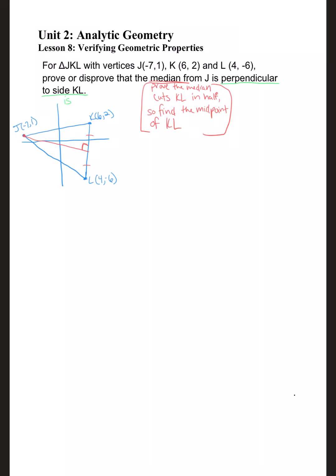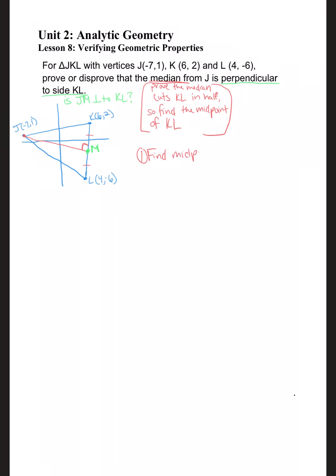So is J, and we're giving this a point here. So is this median we drew, let's call it JM, perpendicular to KL? So we're going to have to take a look at both lines' slopes to determine if that is true. Okay, so once we have our M, we can find the slope of JM, and we can already find the slope of KL because we have 2 points on that line. But let's start with finding that median point that will help us to then eventually determine if it's perpendicular or not. So step 1 is we're going to find